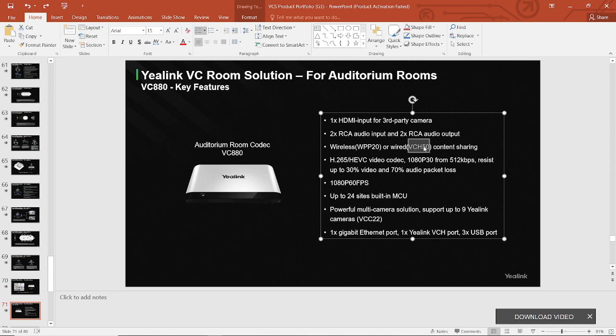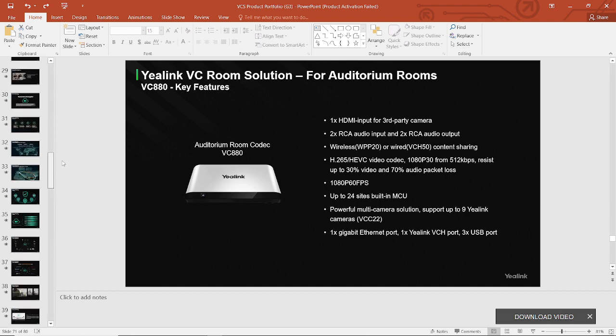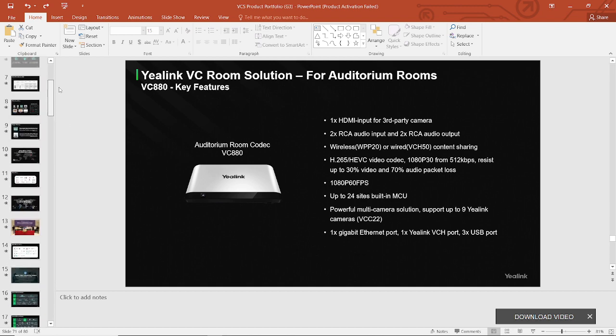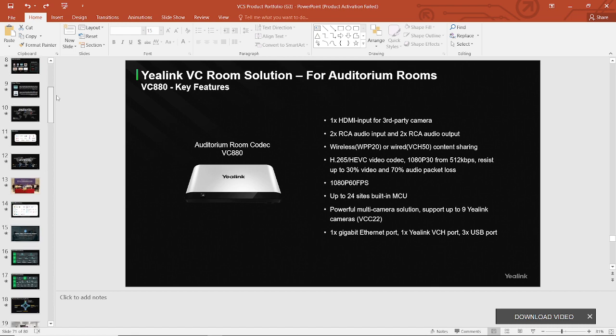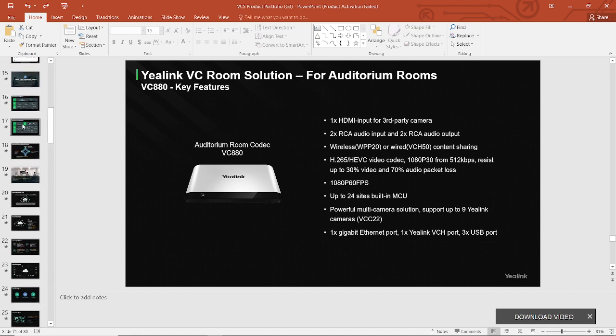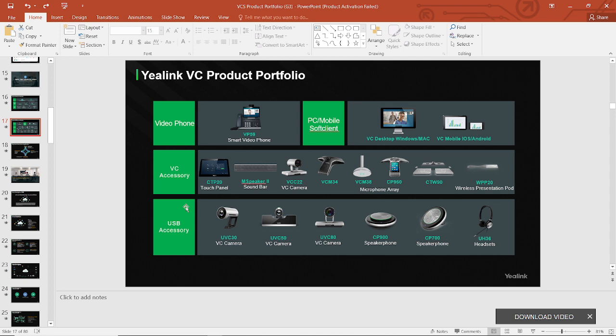And then now we have what else? What is important? A powerful multi-camera solution that supports up to 9 Yealink cameras. Remember the USB cameras I mentioned up here? The VC22, the VC camera here, this one, you can have